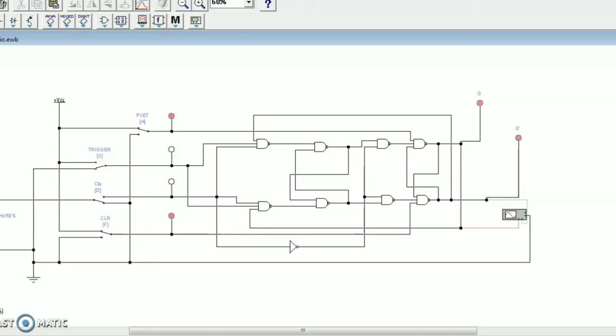When the clear is 1, and let's set the preset to 0, as you can see, the Q output is steady and the Q prime is blinking. When clear is 0 and preset is 1,